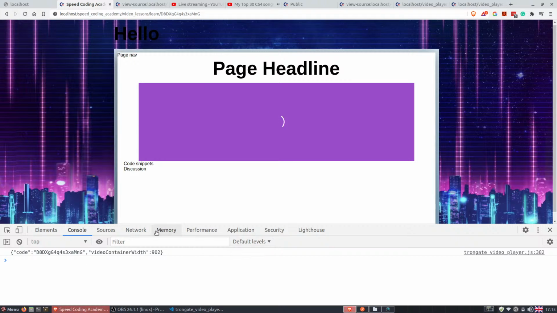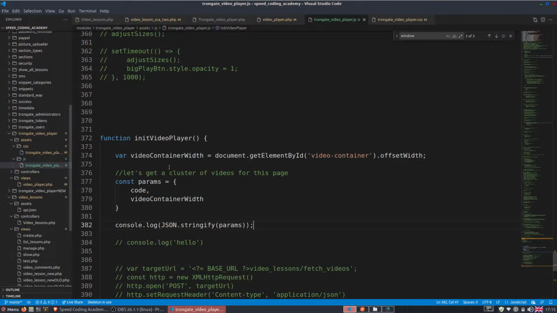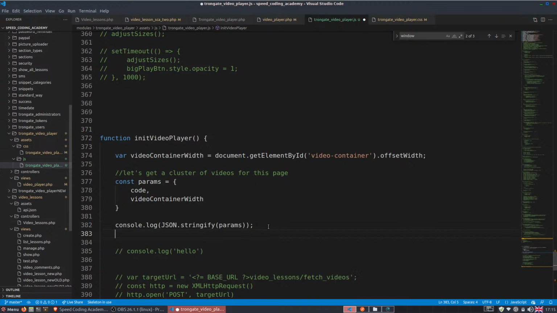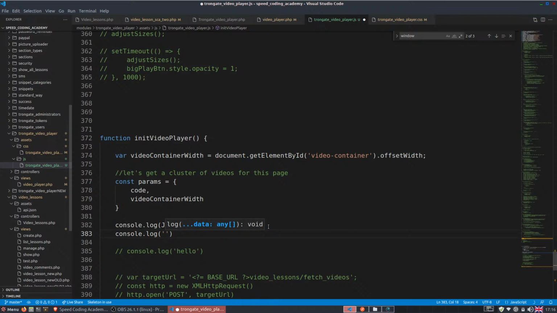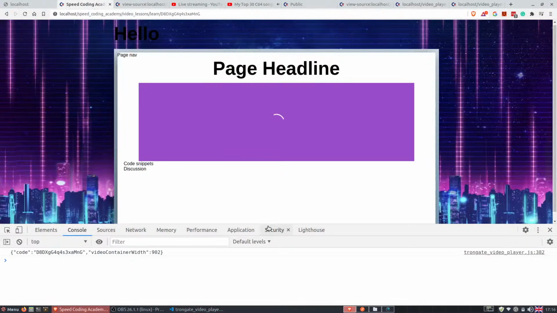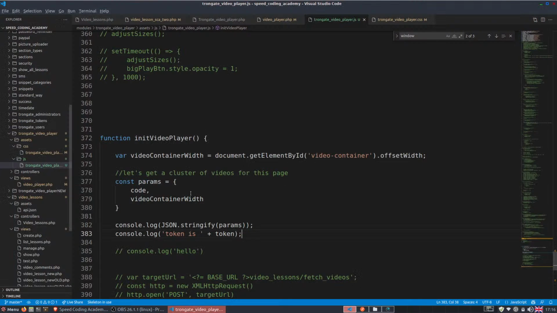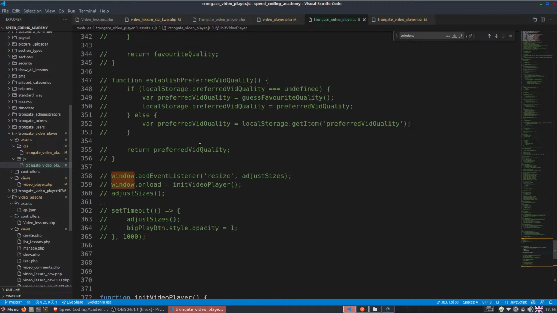And there you go. Now there's also going to be a token that's a part of this. So I'm going to say console.log token, right? So say console.log. Now let's see if it guesses token, right? So I'll say quotations. Look at that, token is token. That's fantastic. Alright, I'm loving that. Okay, now there's one other parameter that I want to send across here. This is going to be a pretty advanced video player, and